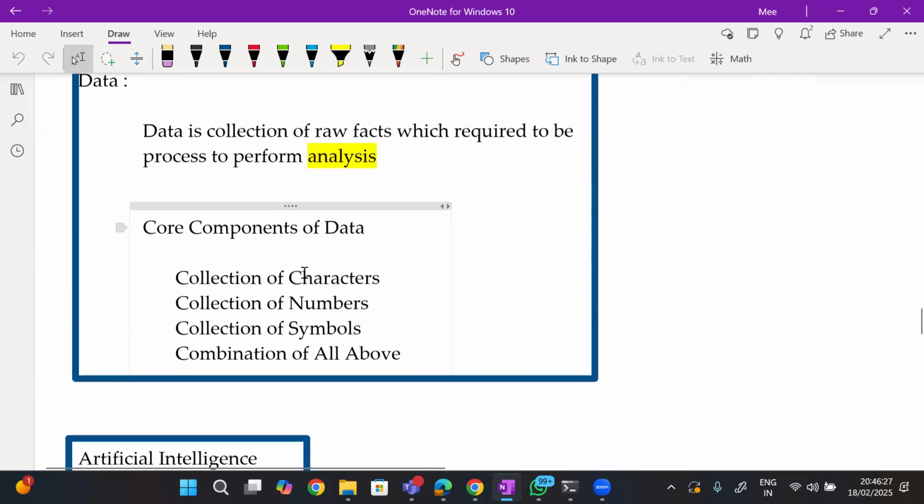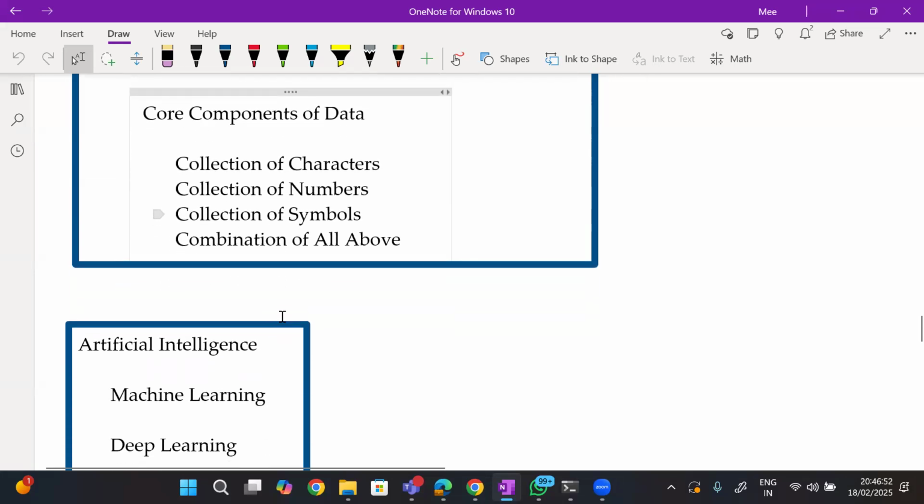The core components of data are a collection of characters, numbers, symbols, and a collection of all the above. This I showed you yesterday. An image, or any data like a CSV file, will consist of this. These are the core components of the data.